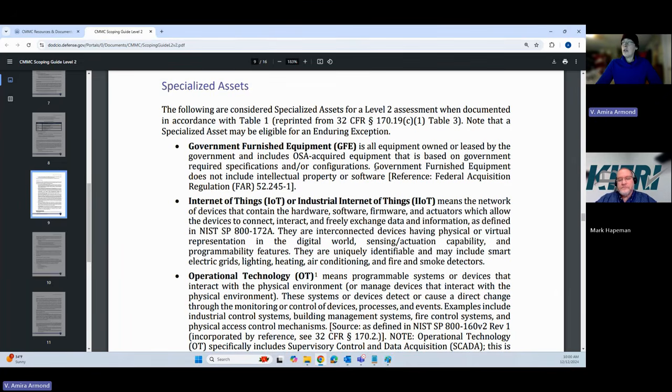You can also have facilities that are government furnished equipment. If the government says you need to do all your work out of this building on a military base, you do not need to do security for that building. We're not going to assess security. And then another example is if one of your contract deliverables is to create a government information system, for example.